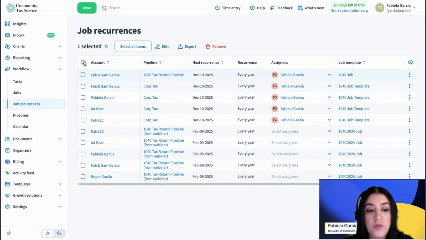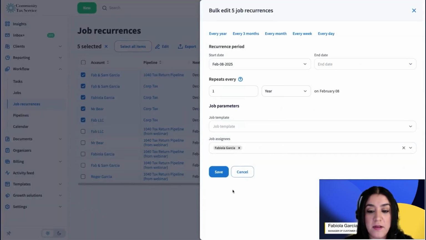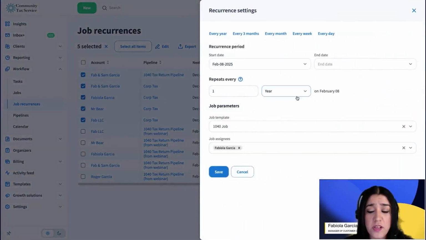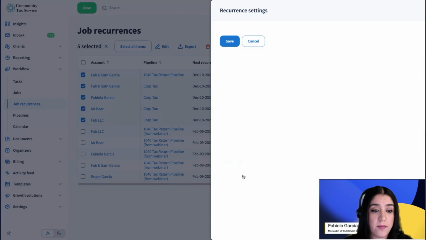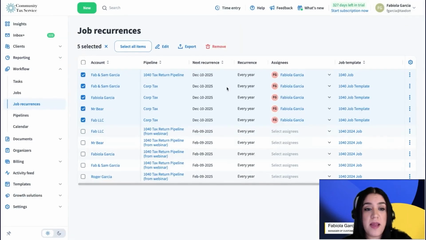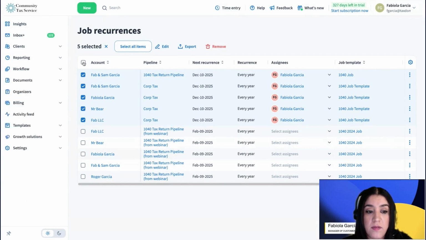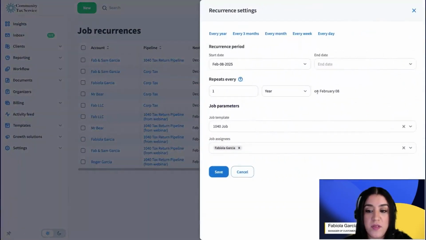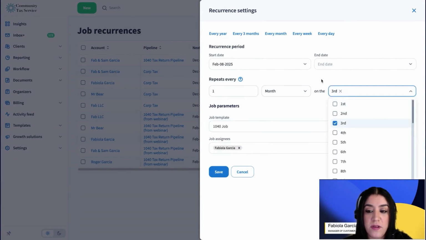If I need to edit this, I can actually select many of them and then edit as a whole, maybe a different date here. And if I want to do just one individual, you can just click on the individual account. This is how you manage recurrences. And ideally, it's going to be for you to not worry about something that needs to repeat, right? And the most common thing to do is like a monthly. And if I want it to be every third of the month,